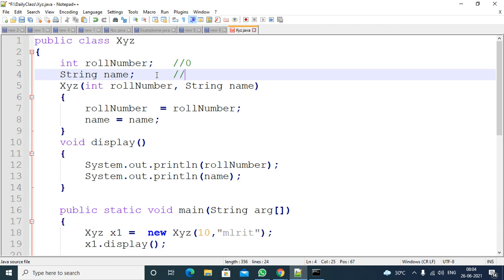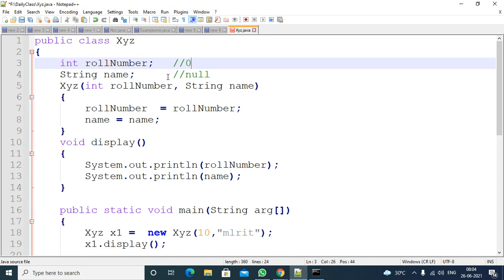Here you are also not providing any name, so the JVM will assign null. Why? Because the data type is class type, and for class types the default value is null. For integer type, the default value is 0. So these values 0 and null are provided by the JVM at the time of object creation.